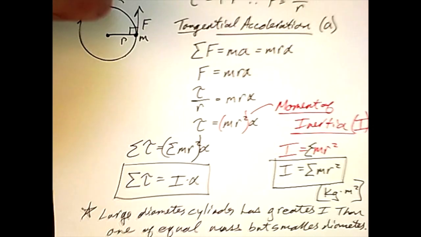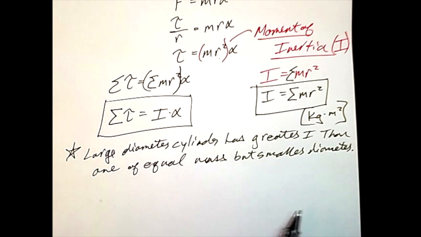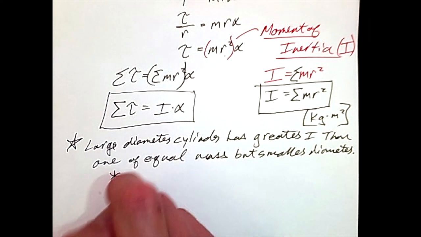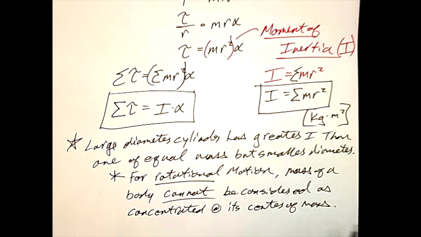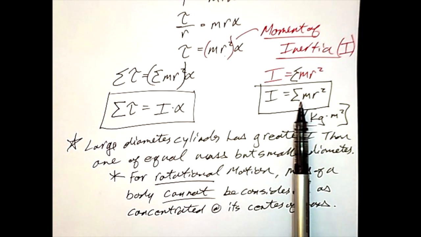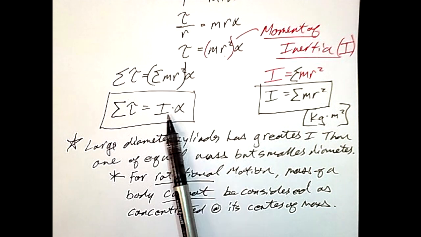So that means that for rotational motion, the mass of a body cannot be considered as concentrated at its center of mass. What does that mean? Well, that means that for rotational motion, we actually need to know the shape of an object, because the shape of an object determines its mass distribution, and the mass distribution determines how that object will